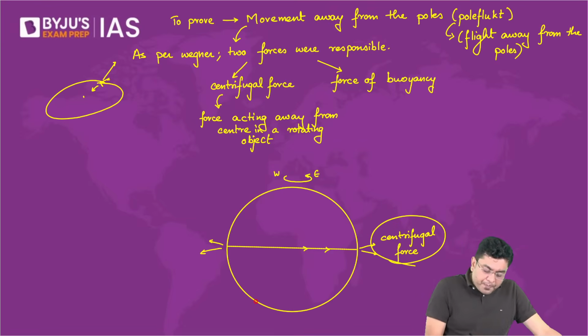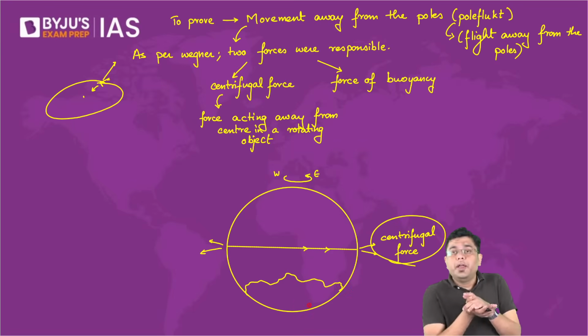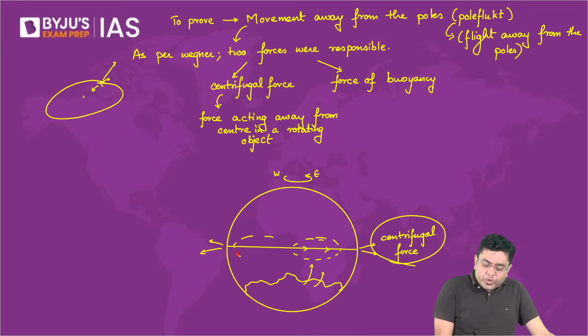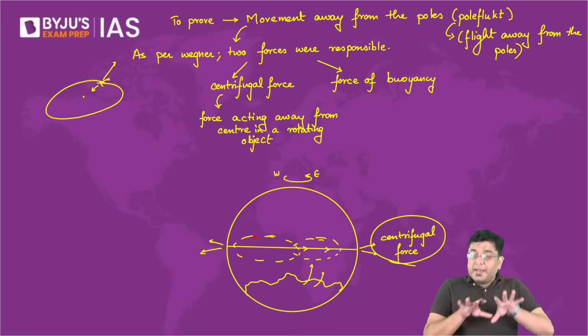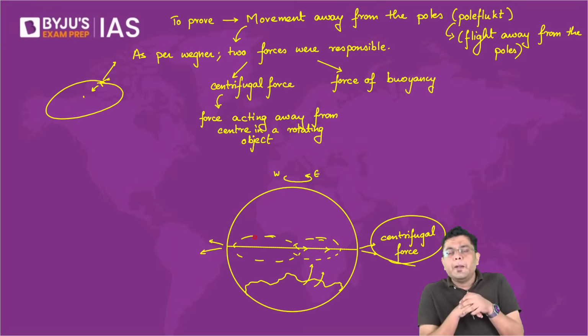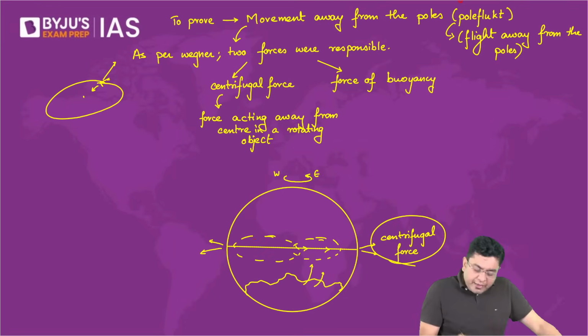So he said that all the portions of Gondwana land that we talk about had the force of buoyancy pushing them upwards. Along with that, there was centrifugal force. So automatically, these land masses wanted to come to the region around the central portion, where they would experience the centrifugal force. The centrifugal force and the force of buoyancy would push the land away from the region of the poles towards the region of the equator.